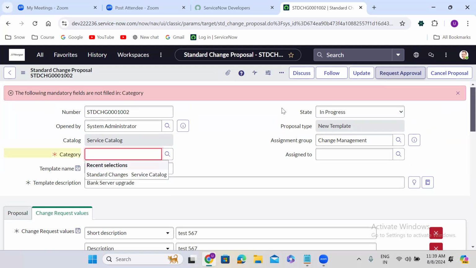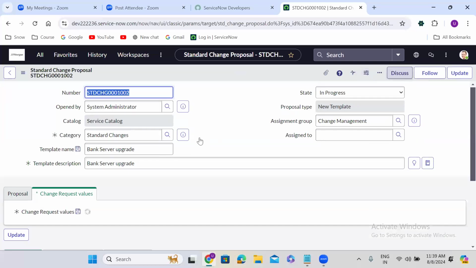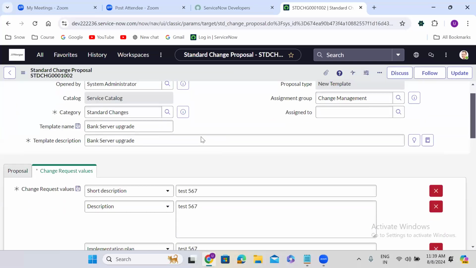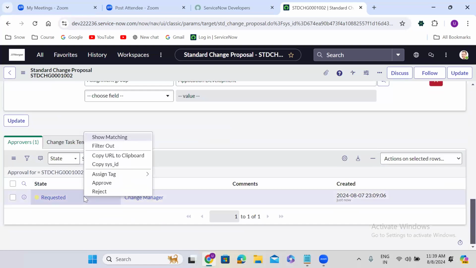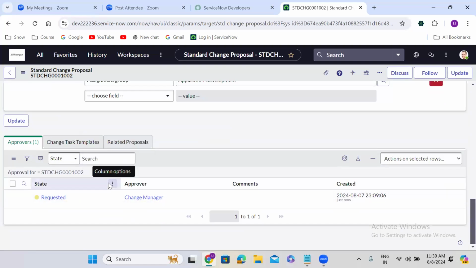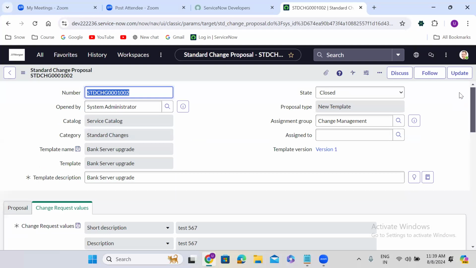You click on request approval. So once you click on request approval, your manager will receive the approval. So here your manager has to approve it. Once they approve it, the paper is ready. The template is ready. Okay. Now the paper is ready. Template is ready. So then what you will